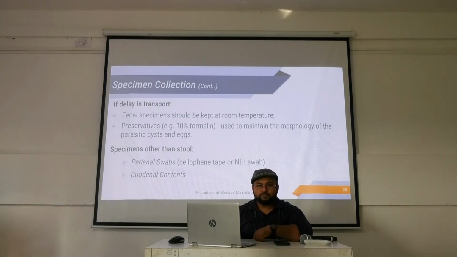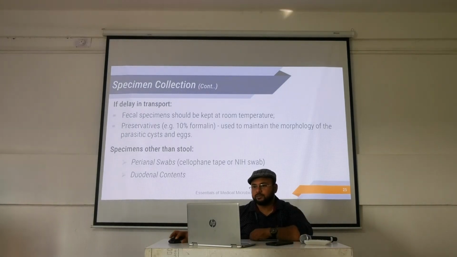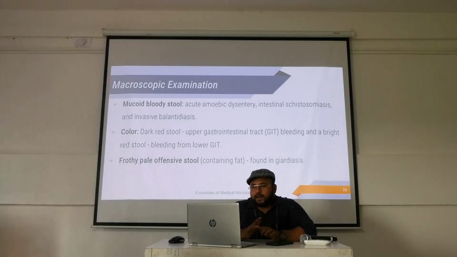ডিওডিনাল কন্টেন্টস, যেখানে আমরা প্রপারলি স্টুল কালেক্ট করতে পারছি না, সেখানে রাইলস টিউব দিয়ে আমরা ডিওডিনাল কন্টেন্টস নিতে পারি। মিউকয়েড ব্লাডি স্টুলস, অ্যাকিউট অ্যামিবিক ডিসেন্ট্রি, ইন্টেস্টিনাল সিস্টোসোমিয়াসিস অর ইনভেসিভ ব্যালান্টিডিয়াসিস, এই সমস্ত ক্ষেত্রে ম্যাক্রোস্কোপিক এক্সামিনেশন করব। কালার ডার্ক রেড আপার জিআইটি ব্লিডিং হলে, আর ব্রাইট রেড স্টুল হবে লোয়ার জিআইটি ব্লিডিং হলে।